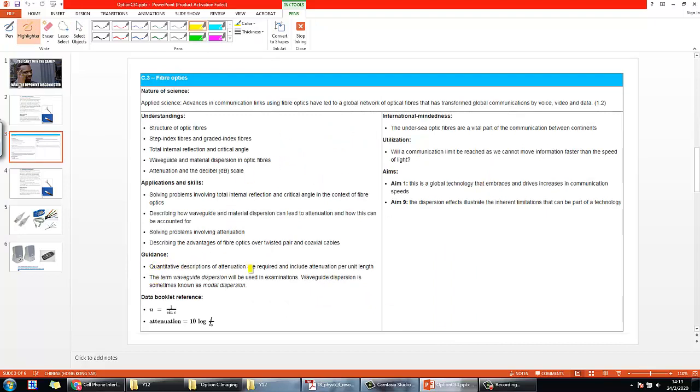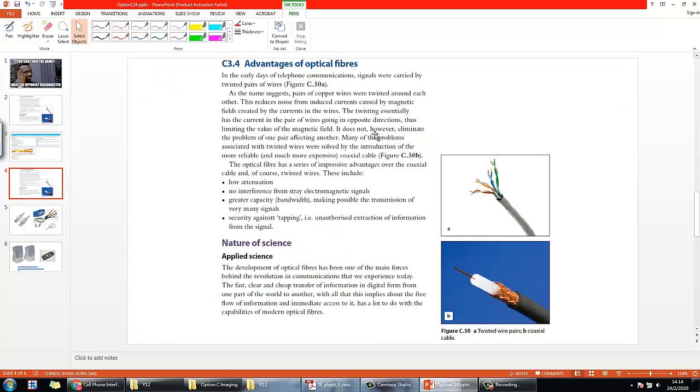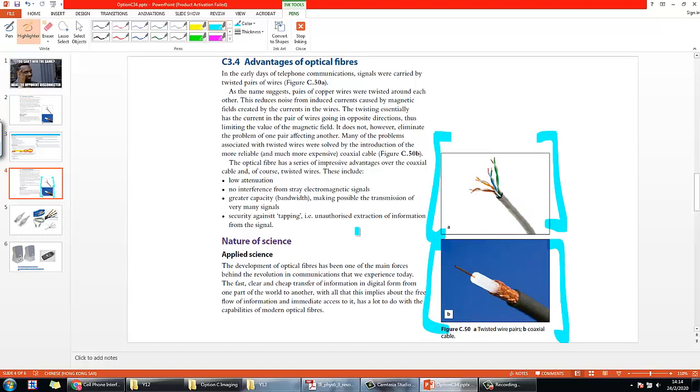Here you may see that the actual thing you need to know, according to the study guide, is simply describing the advantages of optical fiber over the traditional wire, which is the so-called twisted pair and the coaxial cables. This one is the twisted wire, and this is the coaxial cable. If you read through this, then apparently, like I said in the previous video, these are a more